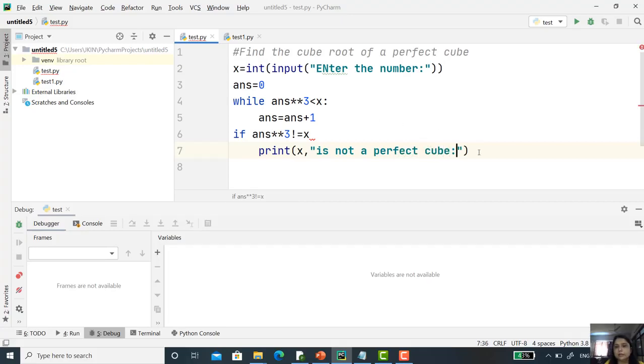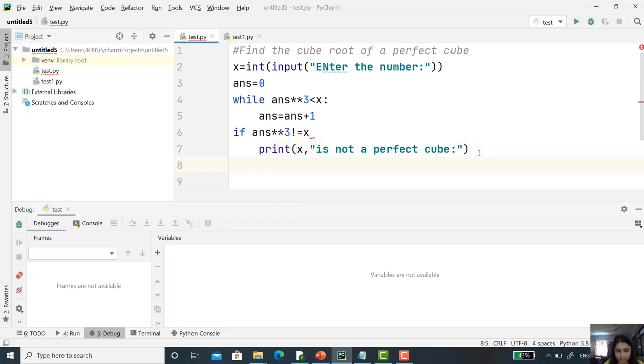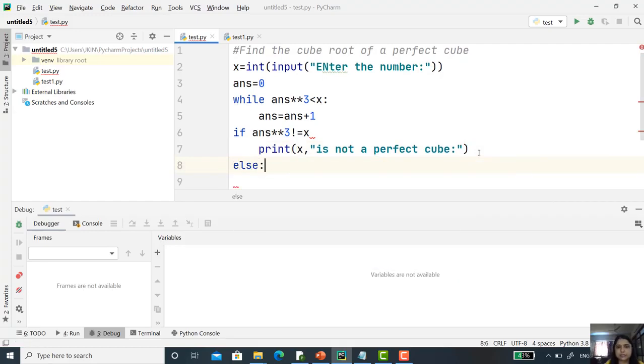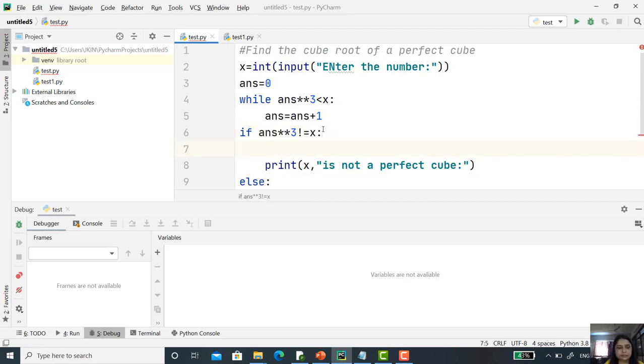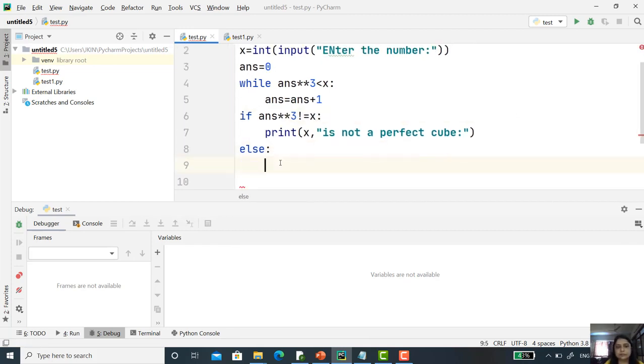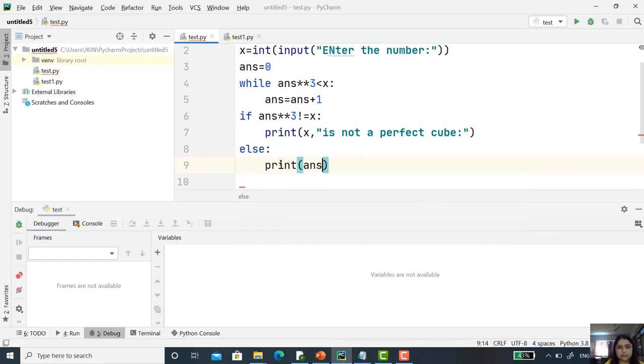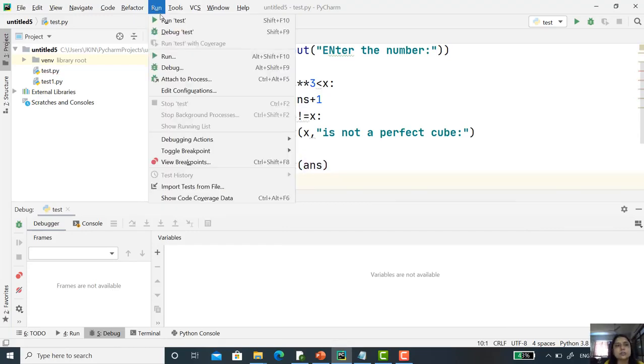Alright. Now next, simply here I want to write else, and then print the answer.